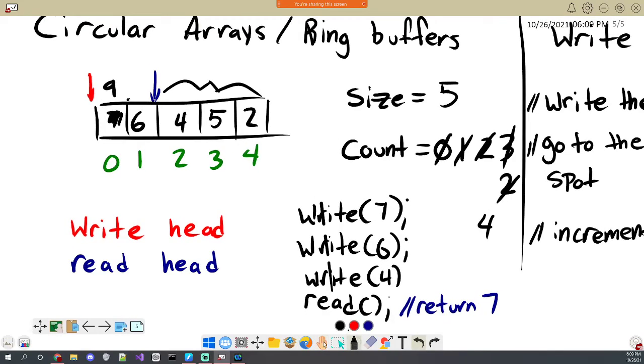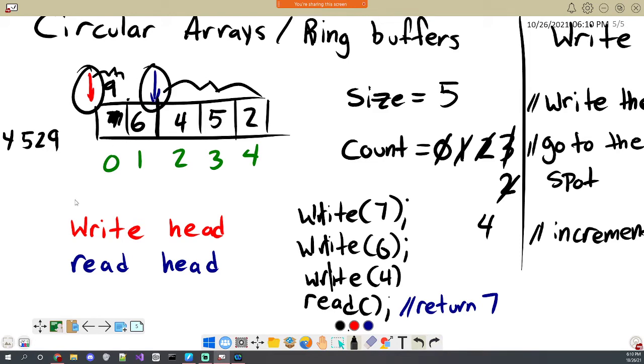So one thing to note about that now is as far as the path of the write head, it wrote here, wrote here, wrote here, wrote here, and then it wrapped around. And the read head still hasn't caught up to it yet. The read head in general is just going to be trying to catch up to the write head at any given point until it actually gets to the end of the array. And just so we're all clear, the array that we have right now is 4, 5, 2, and then 9. So the start of the array is right here, and then we go in this order, and then it wraps around to 9.